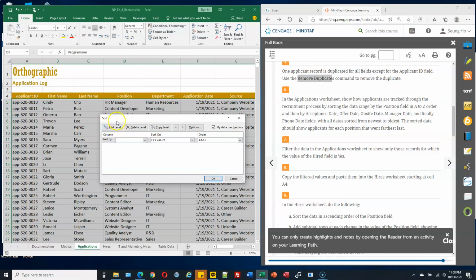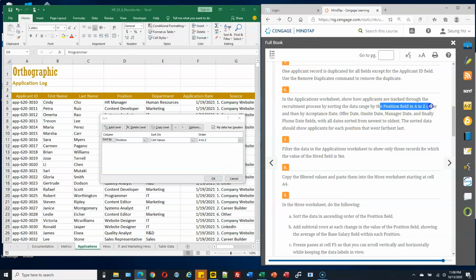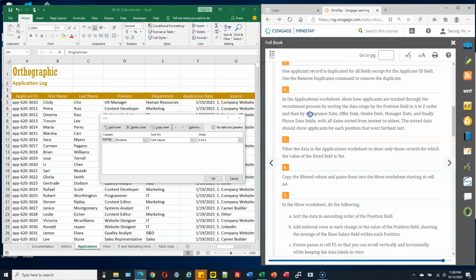Okay. So first of all, we will select this record. Sort this table by position. Select the position first, and then sort by A to Z. This is ascending order. Okay, sort position in ascending order, and then the next, if there are records with the same position,